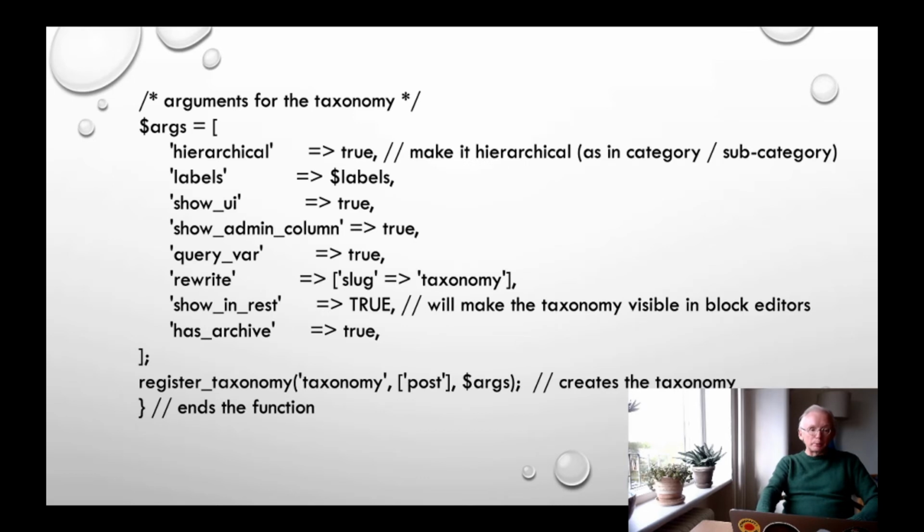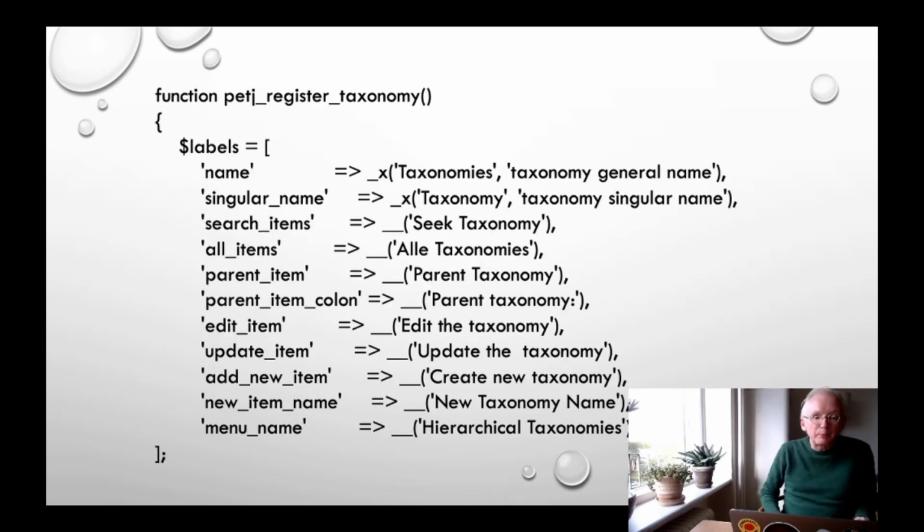You can see that the curly brackets end here, and then we have some labels. The labels are used in the dashboard when you create new taxonomies. So you write the name of it. If it's like music, you would probably write a name here in the plural tense. And what you see here is taxonomies. If it was music or flowers, then you would write something like music genre or something like that, or just genres of music. And then you'll have a singular name and other options that you use, like parent items and